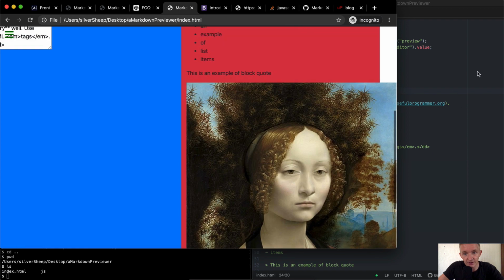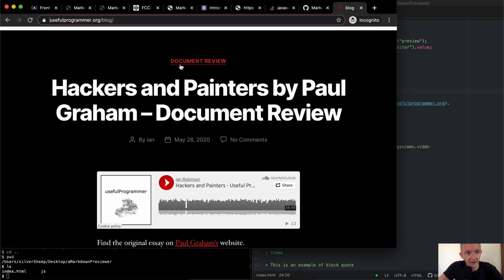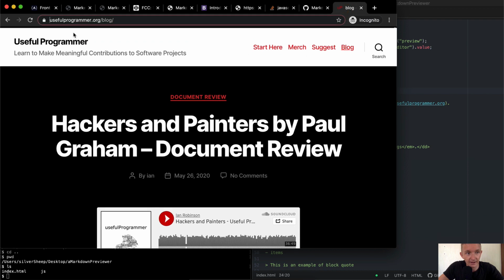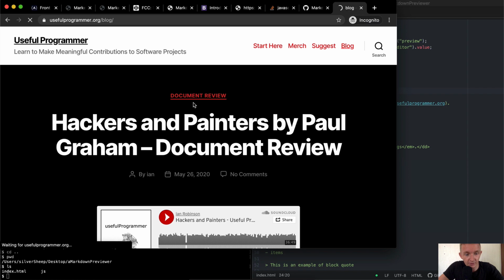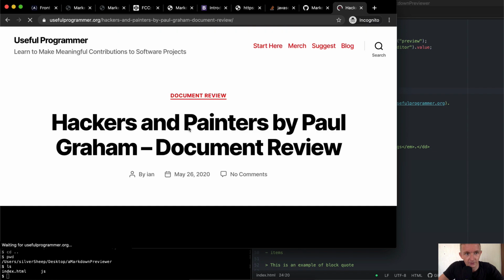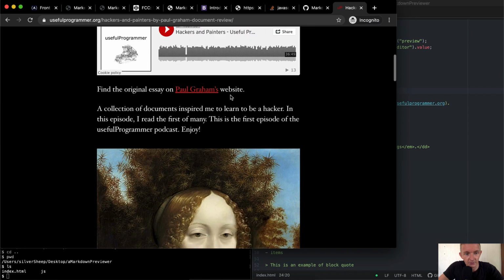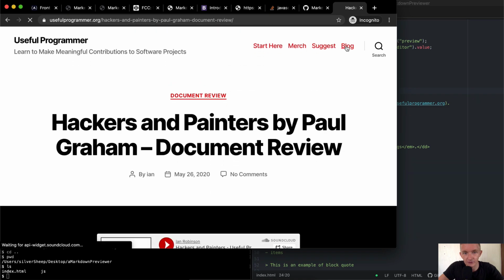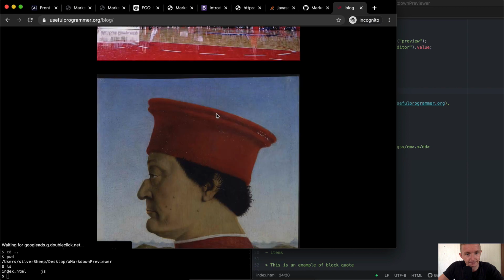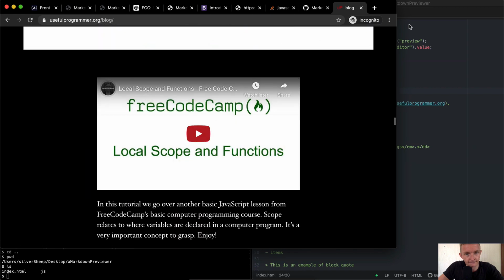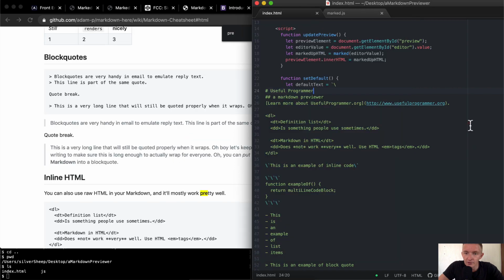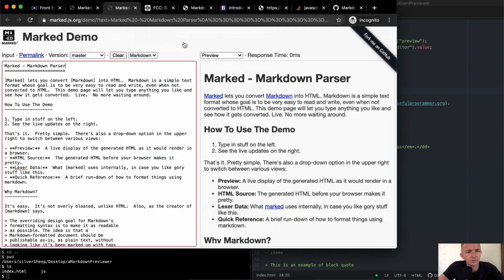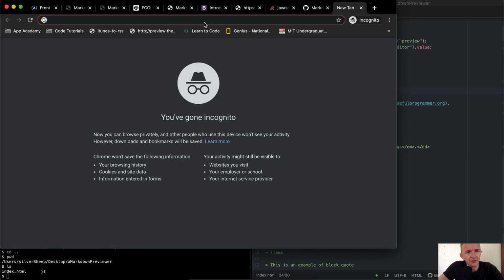This image is too big. It bounces out of the page. I don't want that. I'd rather have a cleaner image. So I wonder if there's a useful programmer image that's actually kind of small rather than just the big ones. No, okay. That's going to be okay for now. Let's see here. If I refresh the page,